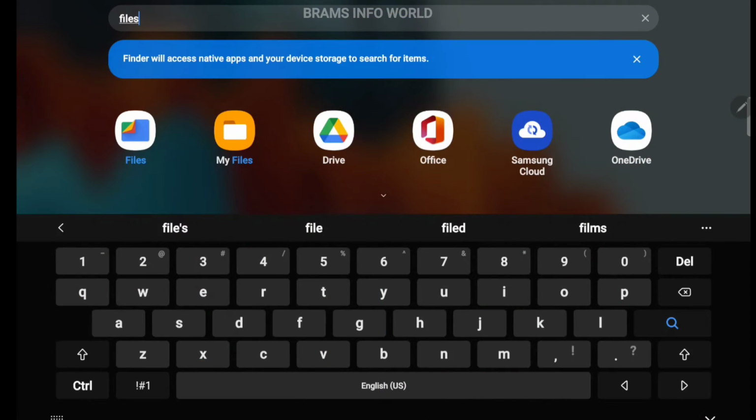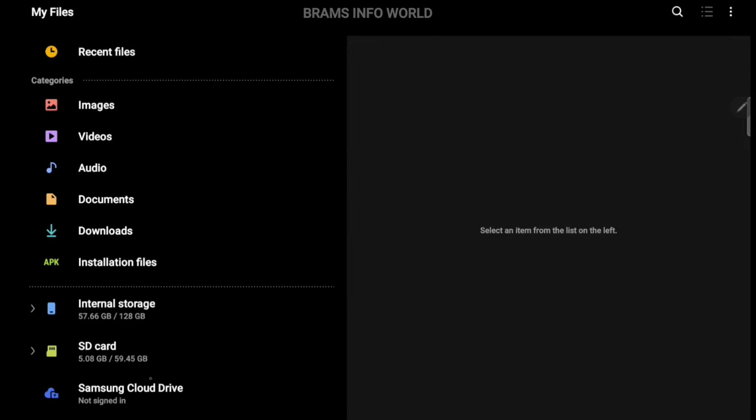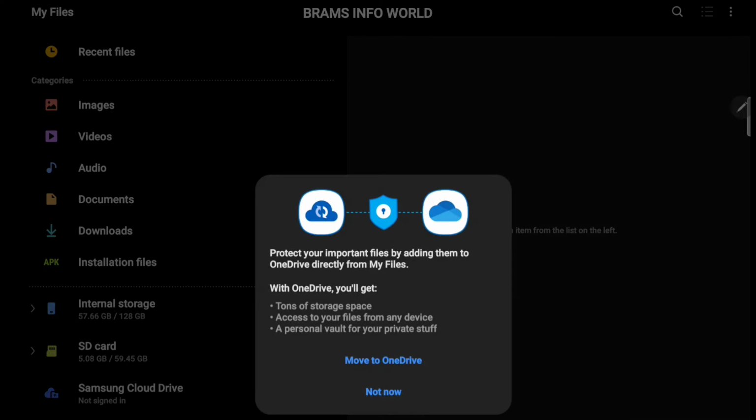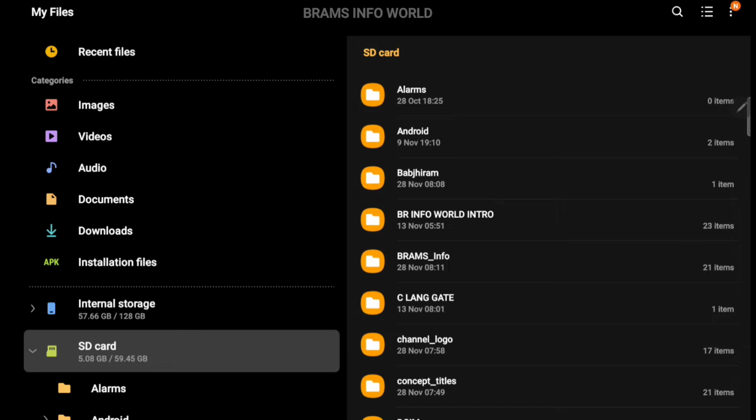For understanding the definition of a package, see, this is my system. In this system I'm searching for files. You can clearly observe that there are different kinds of categories. From these categories we have the SD card, and from that SD card we have different kinds of folders: alarms, Android, my folder, and some important information is available.